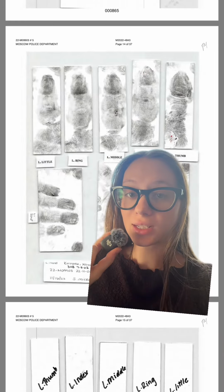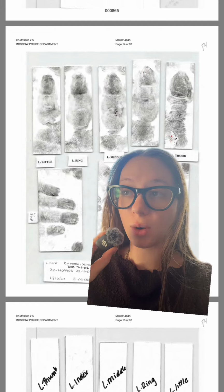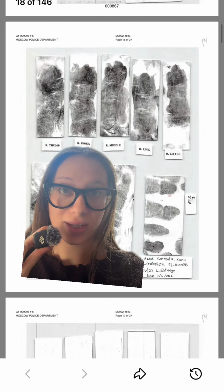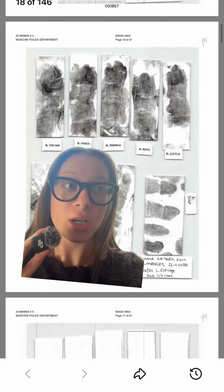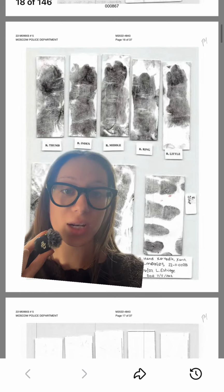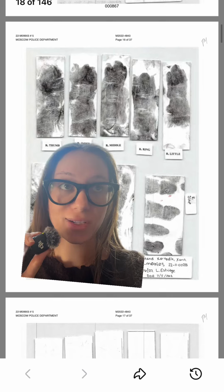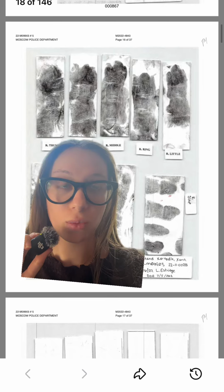This is Xana's left hand. Now I'm blocking out her palm, which is what suffered a lot of the wounds. Here's her right hand, and again, this palm suffered wounds as well. It just shows how much of a struggle she put up. She was awake and defending herself. Every time I think of Xana, my heart just breaks so much because she was so awake and aware of